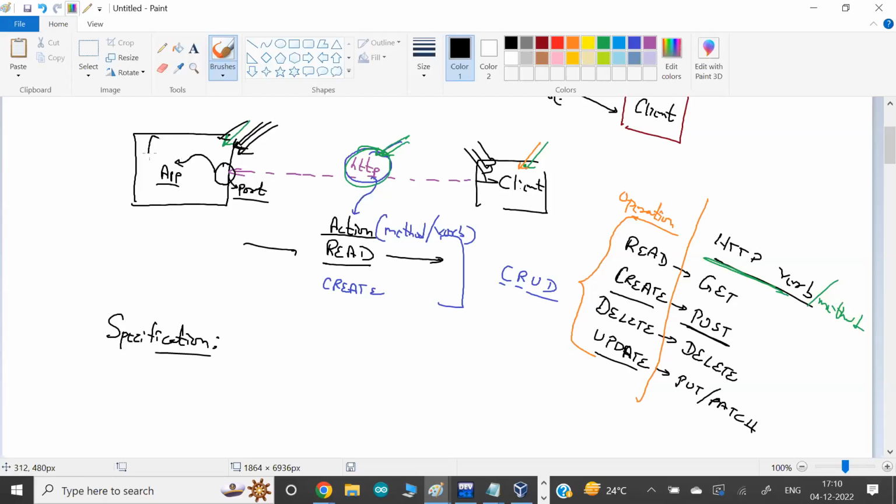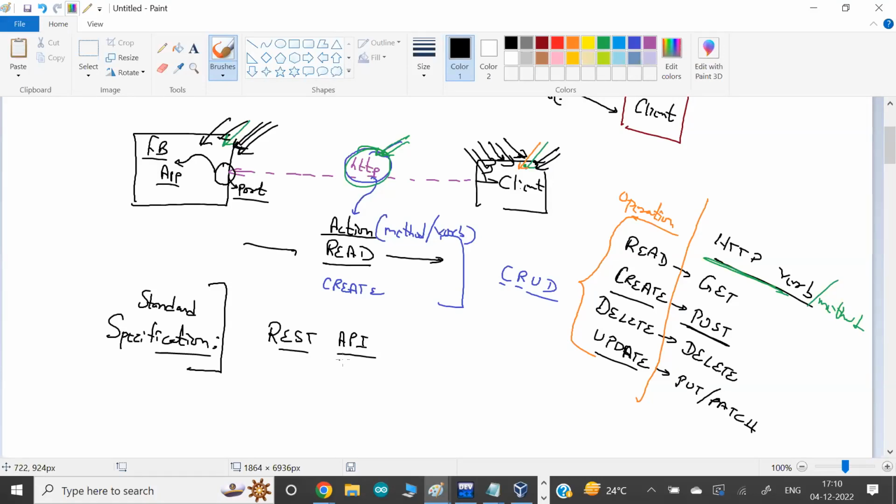This application, Facebook, may be created by a different developer. A client app, a mobile app, is normally created by different companies. So Facebook understands that post means you want to create something. And this client also knows that post means you want to create something. It's called a standard. So we create one document, one standard specification. In the world, everybody will follow the standard specifications. These specifications have multiple names, but one of the very famous names in the market, which became very popular, is called REST APIs.